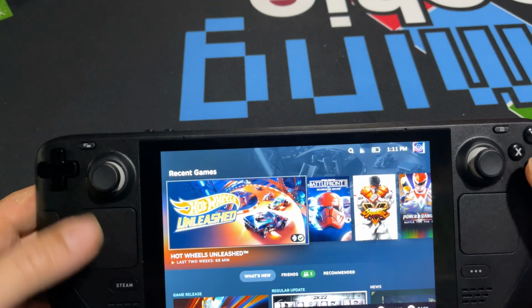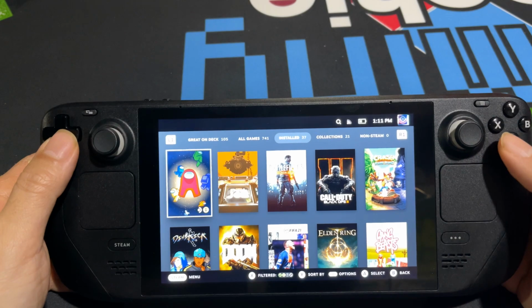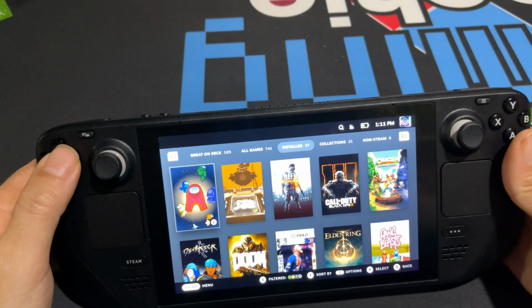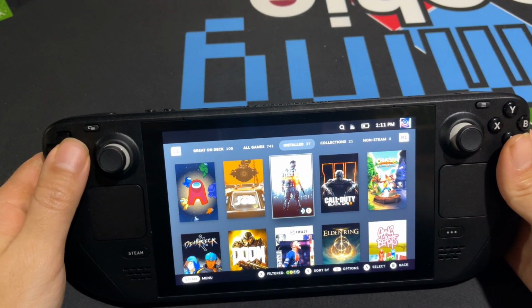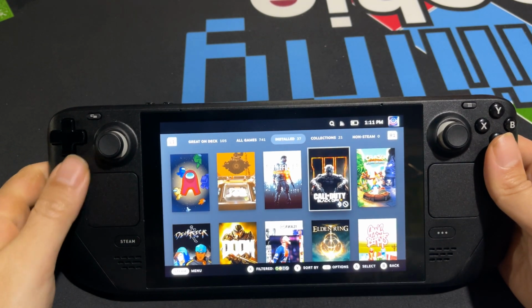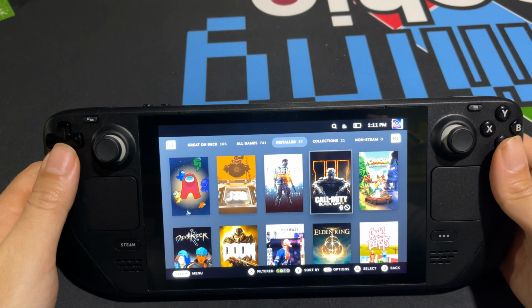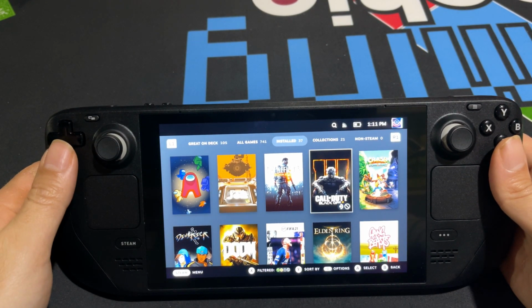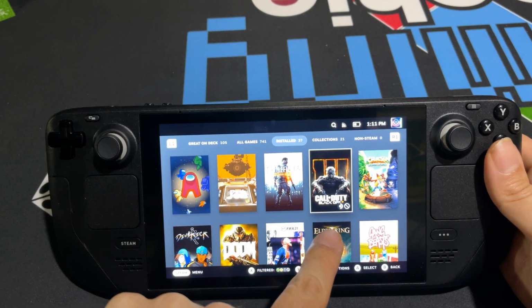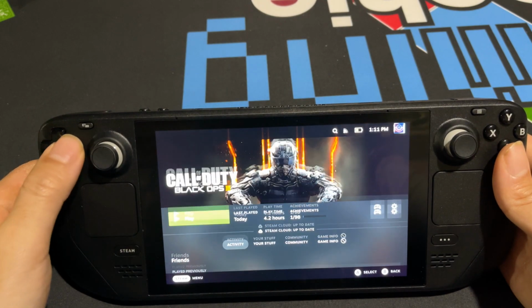Now let's go ahead and look at my library again. So if I go into library here, these are all the games that I've played so far. So, for example, I have played Call of Duty Black Ops 3. Call of Duty Black Ops 3 does work. It works great. Multiplayer included. I think it's the latest Call of Duty that we can play right now on Steam Deck, even though this game, when you open it, it does specifically say that it doesn't have like an actual...